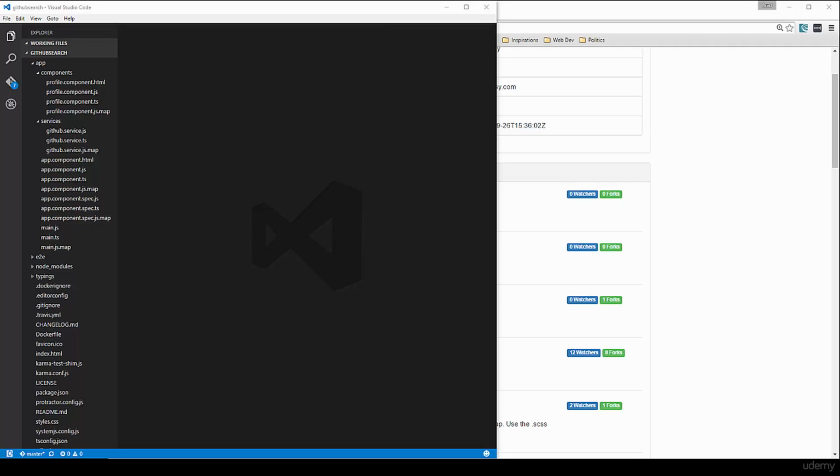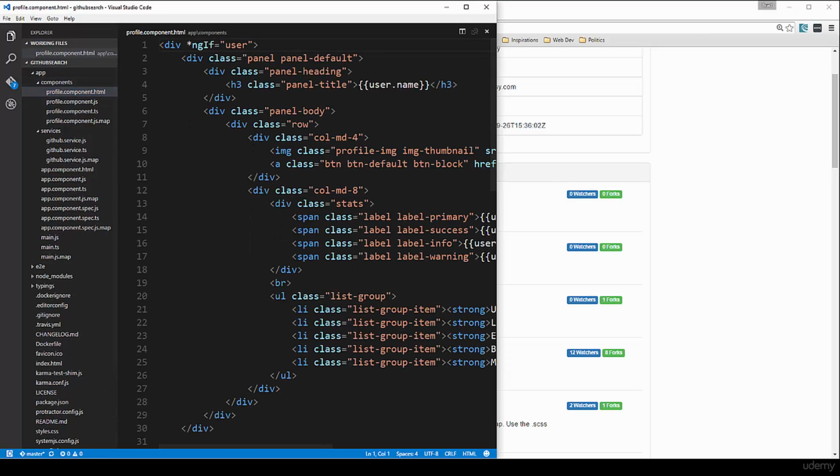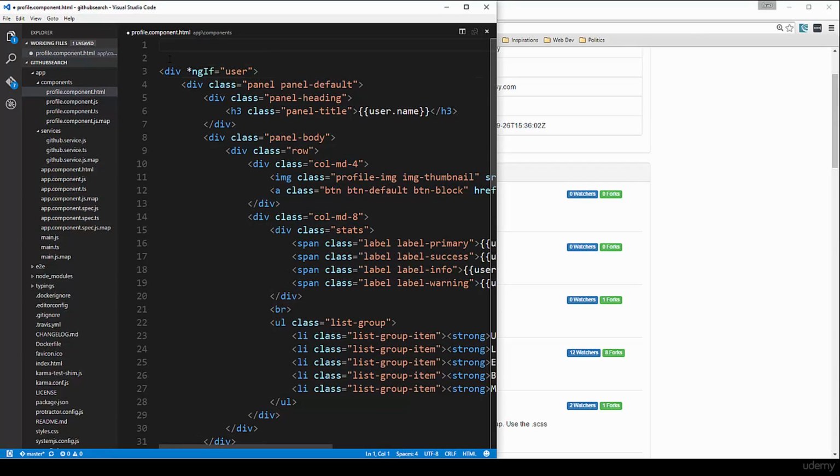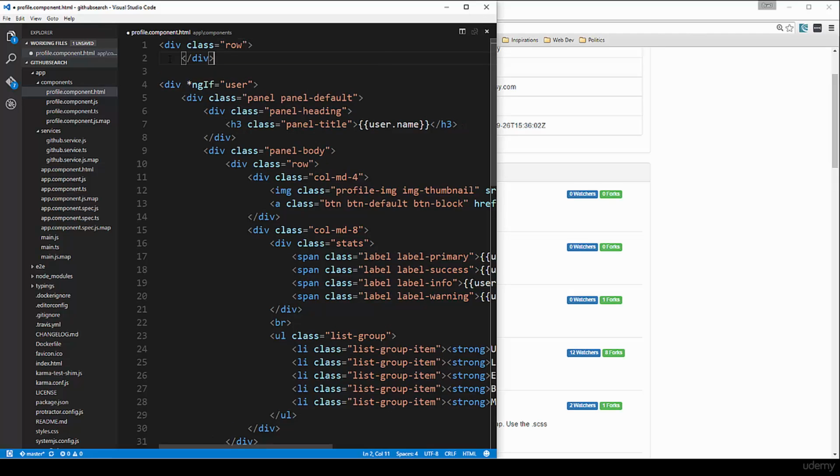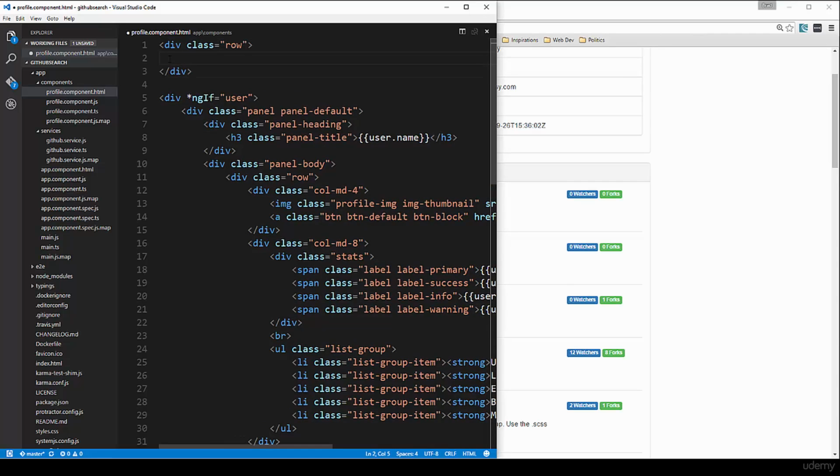Alright, so the last addition to our application is going to be a search input so that we can type in a different username and it'll pull up that profile. So let's go to our profile component HTML, and I'm going to go above this div all the way at the top and create a div with a class of row. And then inside there, let's put a div with the class of colMD12,